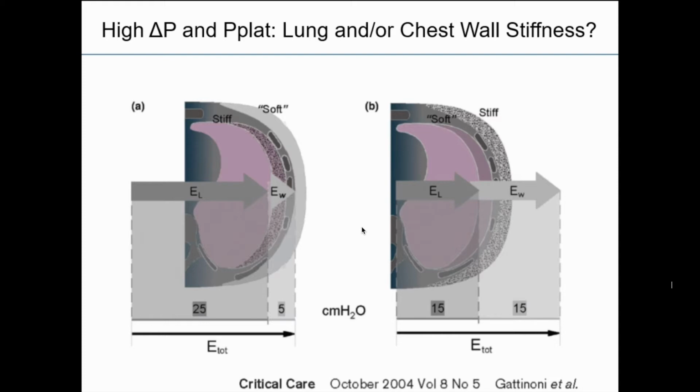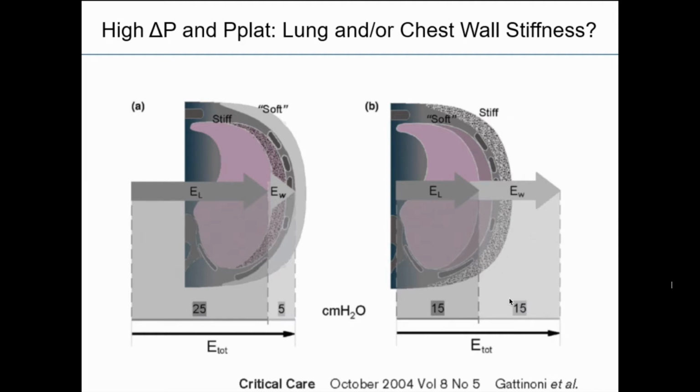There are two basic structures present in the chest cavity which need to be overcome before we can deliver the tidal volume to the alveolus. The first is the lungs, the second is the chest wall. The chest wall stiffness can add to the total pressure that is being sent. So in both these cases, as you can see, the peak pressure or the plateau pressure is 30. However, in this case where the chest wall is stiff, 15 of the pressure is being wasted just to overcome the increased elastance of the chest wall.